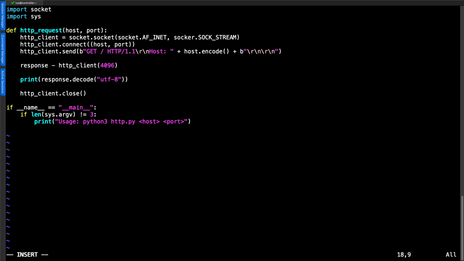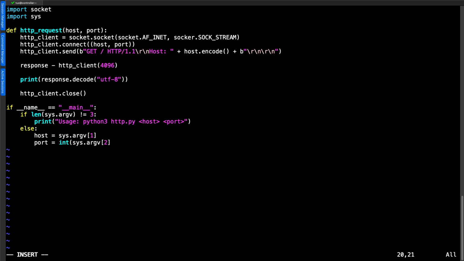So we can move back to the same level as the if and put in else. And we can continue. And with this, then we can specify our host variable is going to be made up of our sys.argv[1]. So that's technically the second argument, but the first that we actually provide. And our port then is going to be sys.argv[2]. Remember, these indexed arrays will start on 0. So 0 is the name of the script, 1 is the host, and 2 is our port.